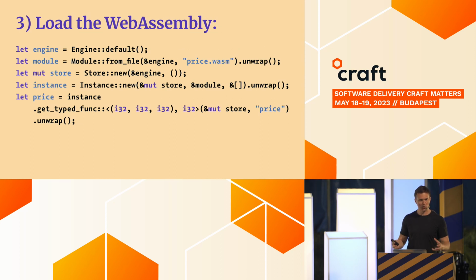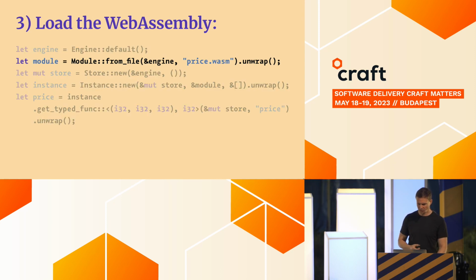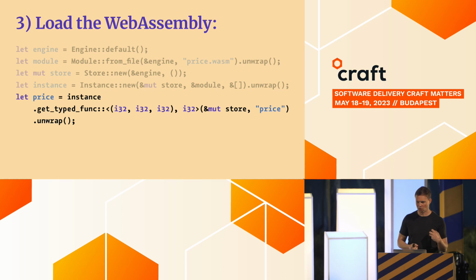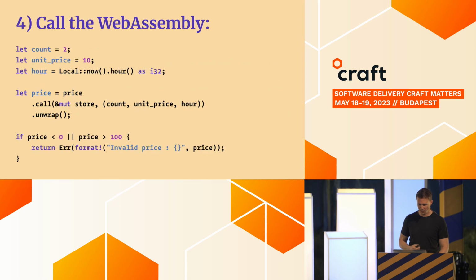And then next, we need to load the WebAssembly into the firmware in order to call it. And here, I'm using the wasmtime client runtime. So the first step is to load the WebAssembly binary. That's this price.wasm. And then the next thing to do is to create the WebAssembly sandbox in which the WebAssembly is going to run. So that's an instance of the sandbox. And then we need to export the function we want from it. So this is an example of how the host is in full control of what's exported from the WebAssembly and is an important part of the security model. And then the last step is to actually use this function.